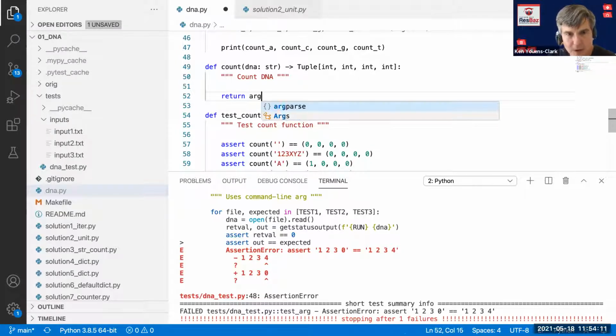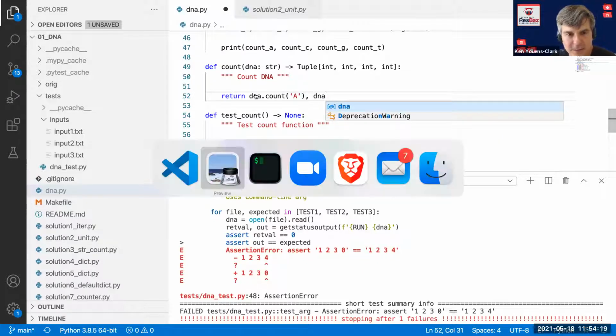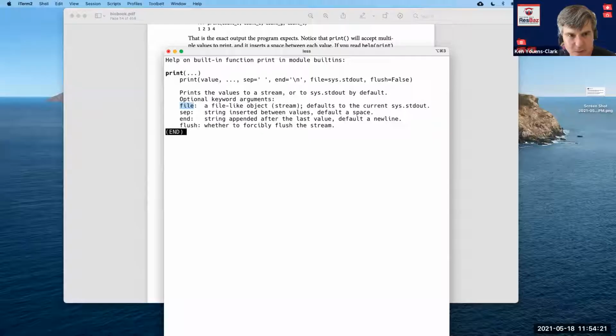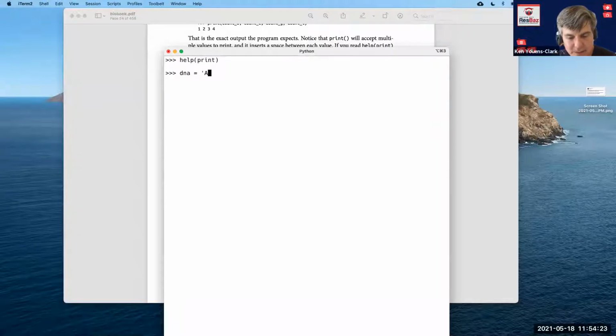It turns out I can do, I'm sorry, not args, but dna.count('A'). It could be helpful to look at it in the REPL here. Let's say the DNA is equal to ACTG, or how about AAC? If I say dna.count the letter A, it finds 4. It's also interesting if I say count AA, it finds 2.